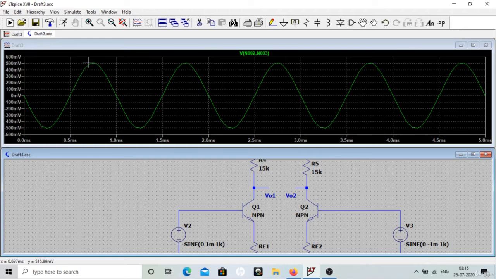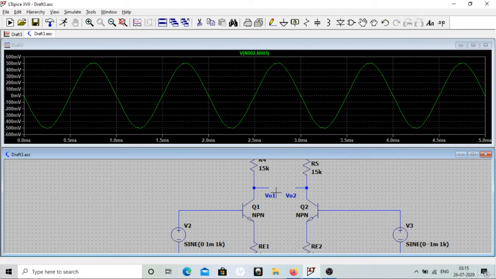Because we have applied the input of 1 millivolt, and the differential gain we are getting is 500, that too -500, because it is inverted. Around 500 millivolt we are getting, -500 gain. If you look at the